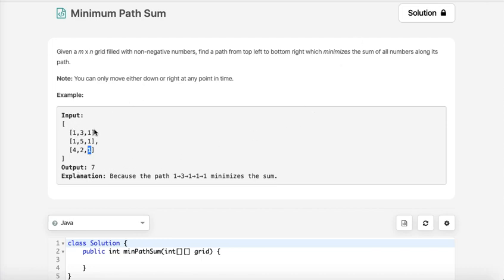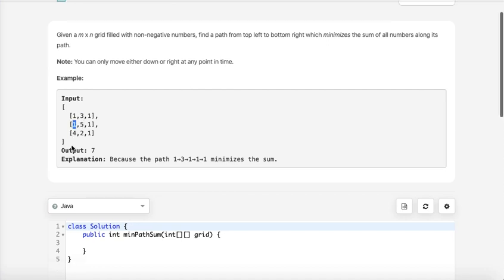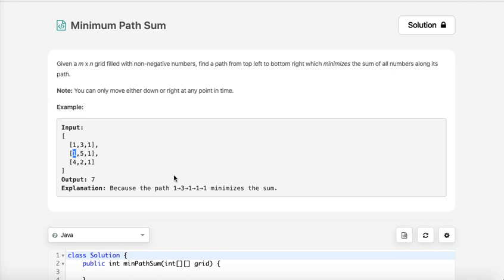So this will be the sum of all the numbers along this path. You should find a path through this grid such that the sum is minimum. They have also given that you can move only either down or right at any point in time. I mean, it should ideally be any point in the grid. So if I want to come here, I can only come from up, that is from here, or from left, that is here. I can't go diagonally or anything like that. And you want the path with minimum sum.